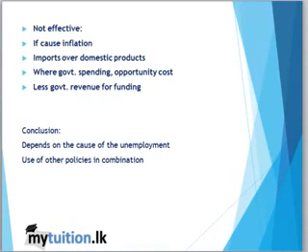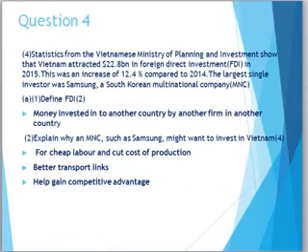So what is your conclusion? It depends on what has caused this unemployment. You need to find out the root before tackling it through any policies, because identifying what caused it will be a better and more effective way to solve the problem, right? And the government should not use fiscal policy alone. Maybe using supply side policies along with fiscal policies would be beneficial to get a more effective result.